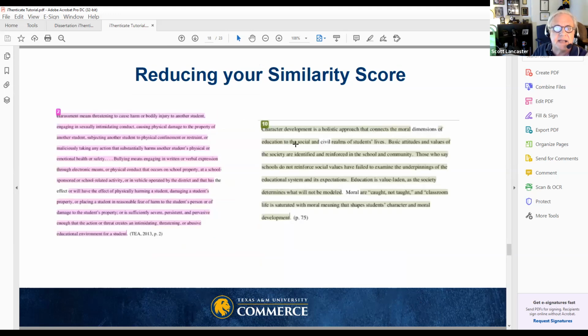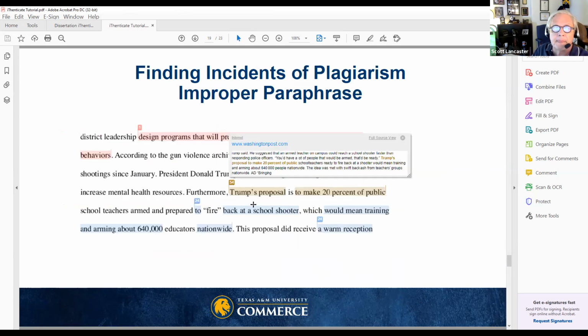And in this case, I found a couple of other matches later in the document, these really long quotations. And the writer is going to have to find places where some of these long quotations are either going to be greatly reduced or they're going to be just paraphrased, because we've got to get that score down to 12.